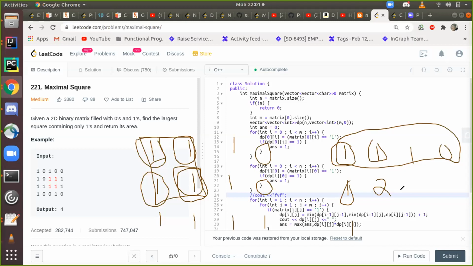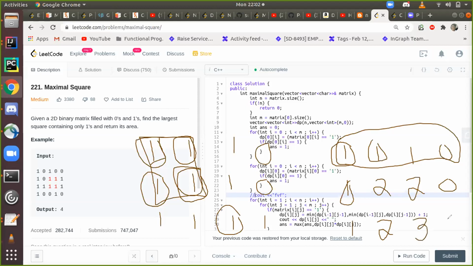Got it. So similarly, this would also be 2. And this would be 0, because the element is 0 itself. Now for this cell, this would also be 2. Now coming to this particular cell, these three adjacents are 2, and this cell is 1. So I do the minimum of these, plus 1. So this turns out to be 3.